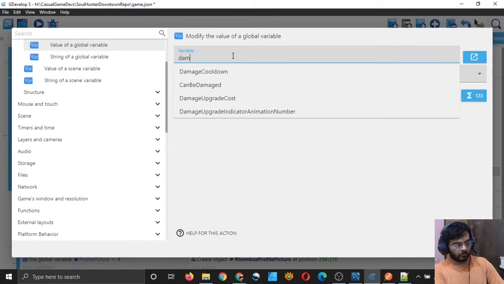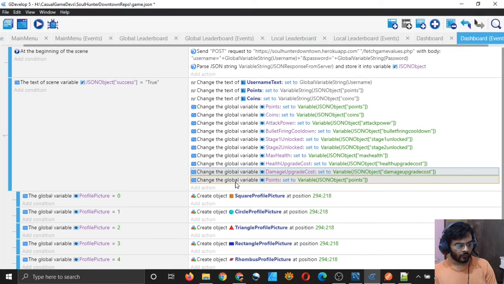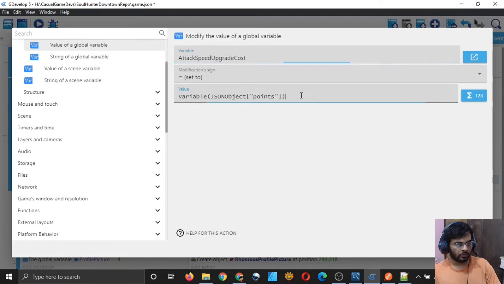And damage upgrade cost, and here simply type damage upgrade cost, okay. And attack speed upgrade cost, and in the fields also attack speed upgrade cost, okay.